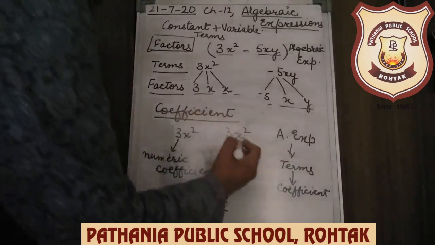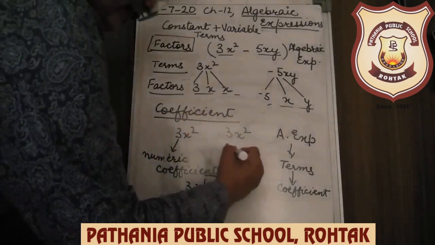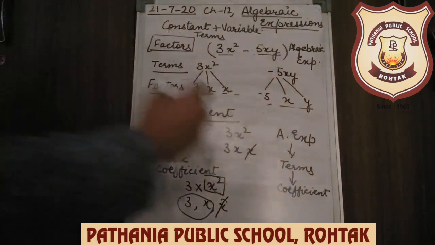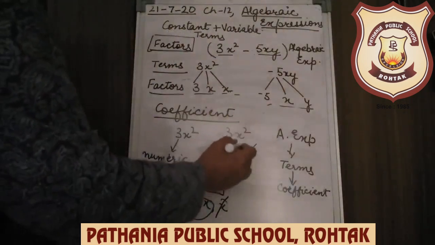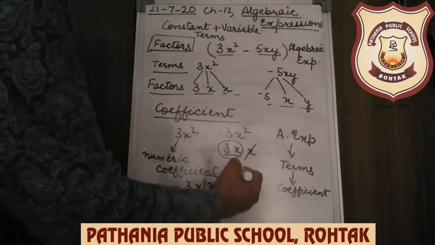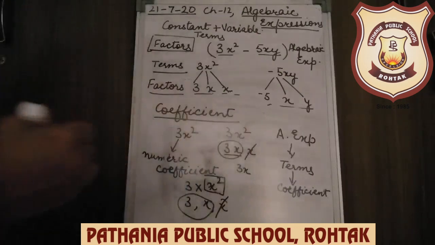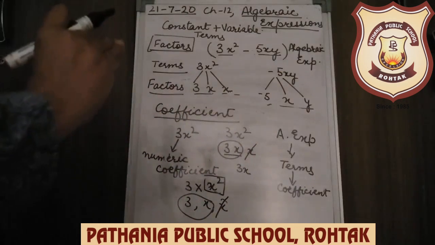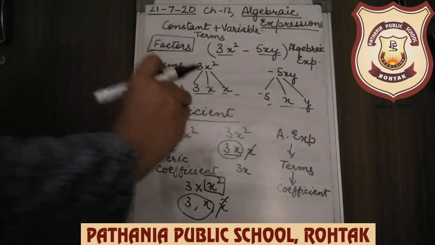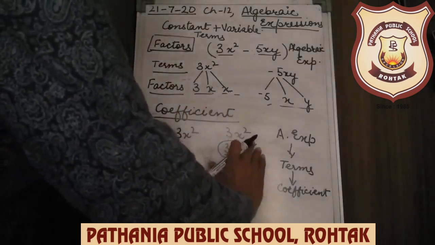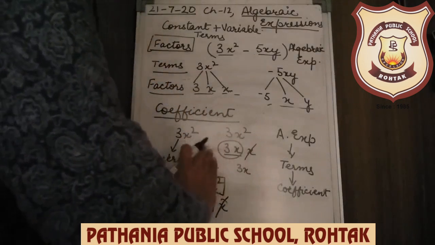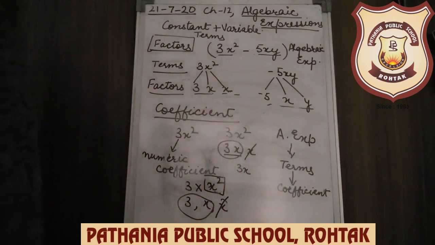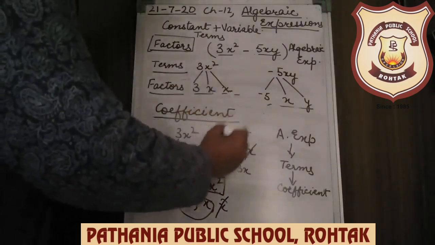And if I say write the coefficient of x, so these are the factors. If I asked for x, then what is left with me? Cut that x, I am left with 3x. So the coefficient of x in this term is 3x. Are you getting the point? Coefficient means for whichever part the coefficient is asked, hide that factor, and the rest that is left, you have to mention as the coefficient.